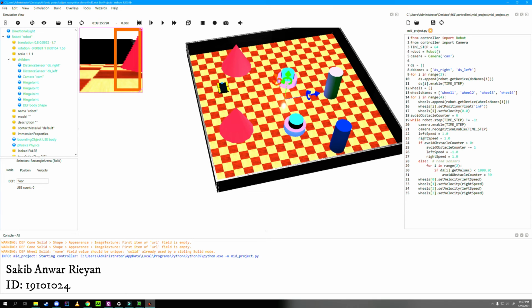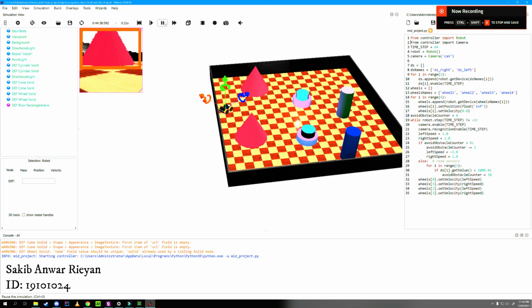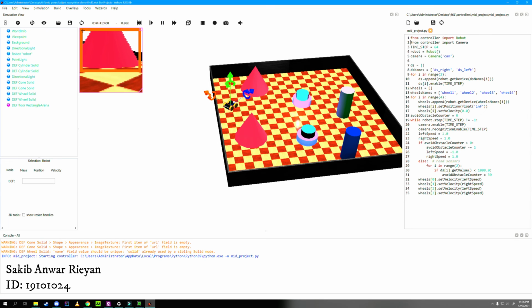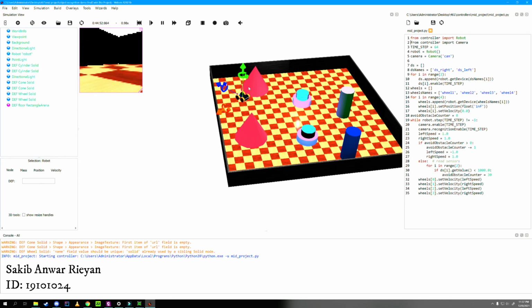As Python is not the mostly used language in Webots, we needed to do some research to enable the camera and make it to detect objects in the red rectangle. If I run the project, we can see the robot is detecting objects with its camera, and it's inside the red rectangle, and whenever the robot is going too close to any object, it's just rotating itself. It's happening through the distance sensors. When its left or right distance sensor detects some object nearby, it just rotates itself. So this is our project.